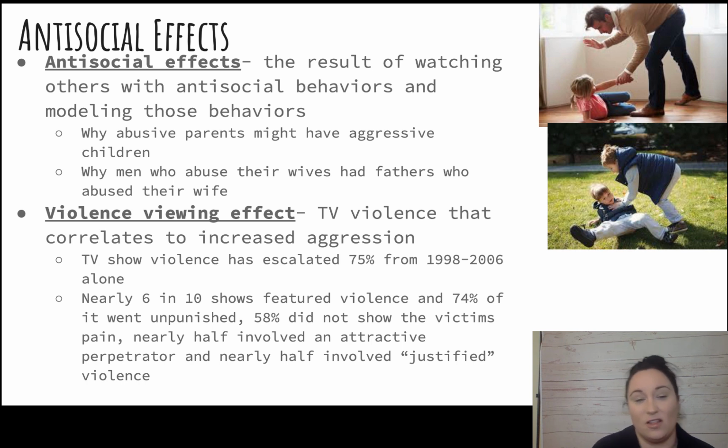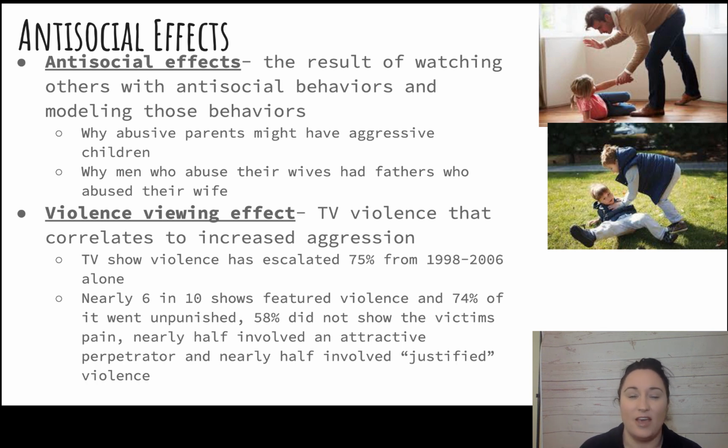The book talks a lot about the violence viewing effect, and the idea that TV violence correlates. It makes very clear in all the research that it's a correlation, not a causation, because they can't state that. But there's a correlation to increased aggression from viewing TV violence. They show how it's escalated and how many shows currently tend to have violence in them. I thought it was interesting that 58% of the violence did not show the victim's pain. Nearly half involved an attractive perpetrator, and nearly half involved